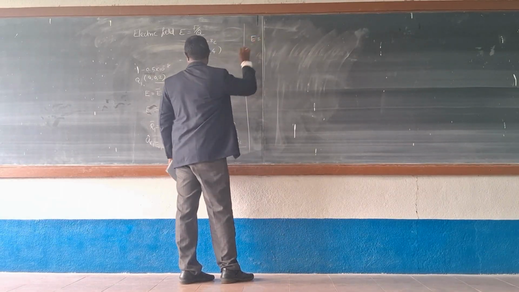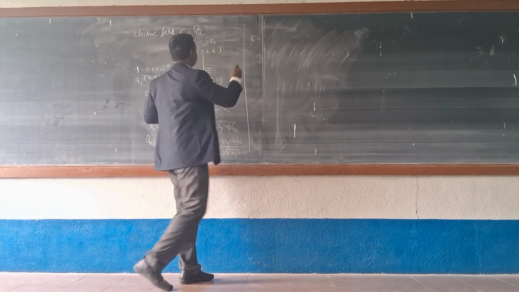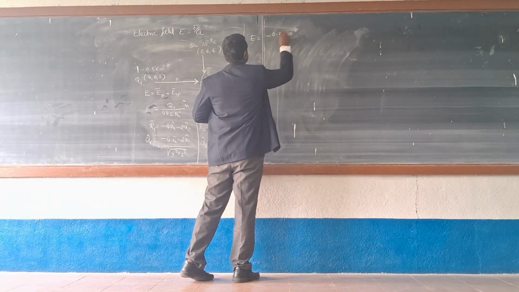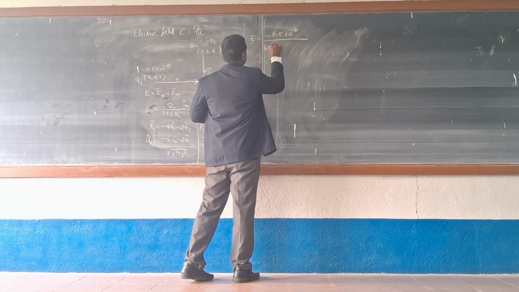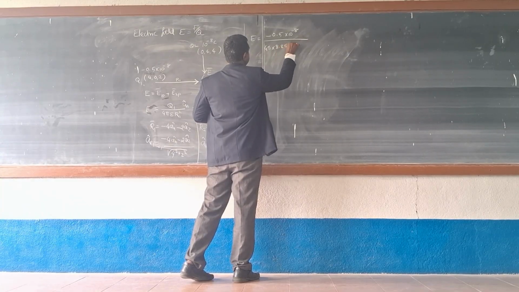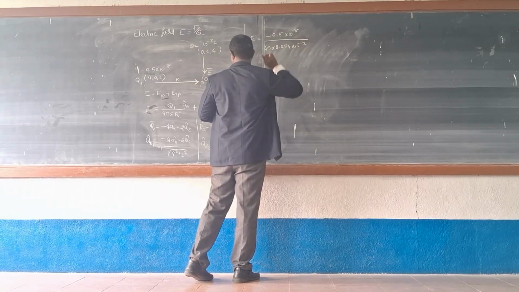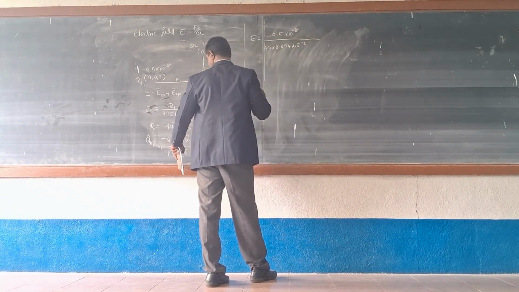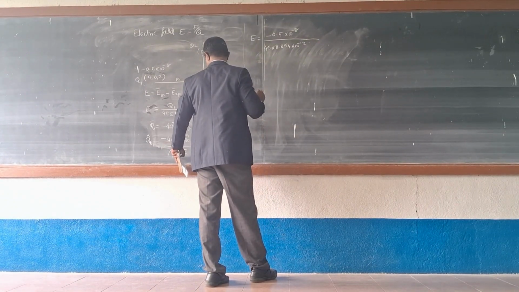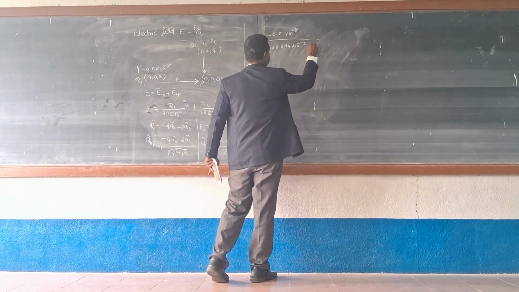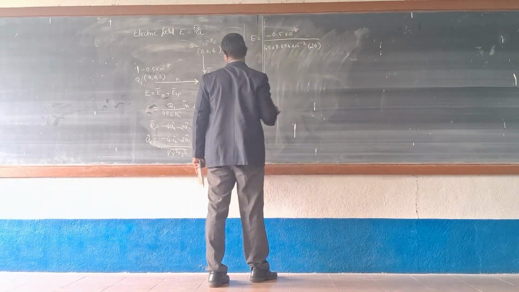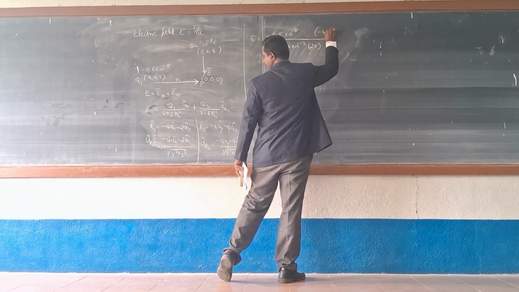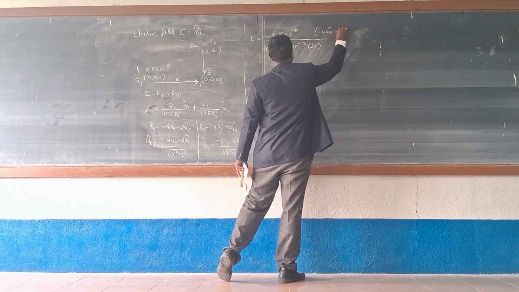E is equal to Q1. What is Q1? Minus 0.5 into 10 power minus 8 divided by 4 pi epsilon, where epsilon is 8.854 into 10 power minus 12, multiplied by R1 square. R1 square is nothing but 16 plus 4, that is 20. Multiplied by minus 4 AX minus 2 AZ